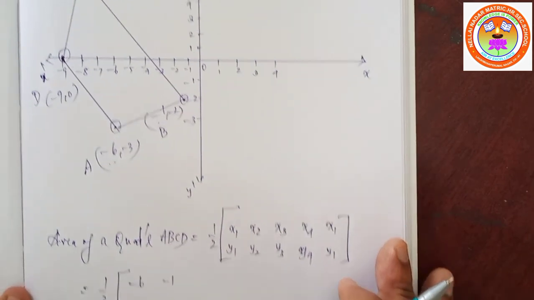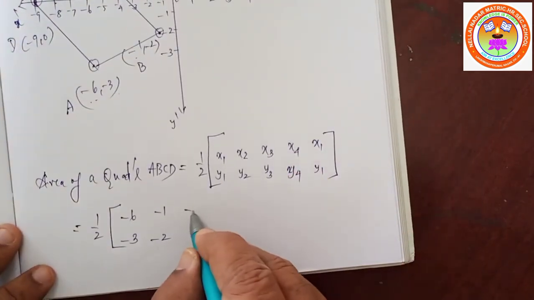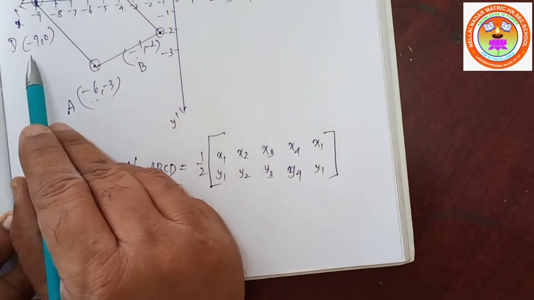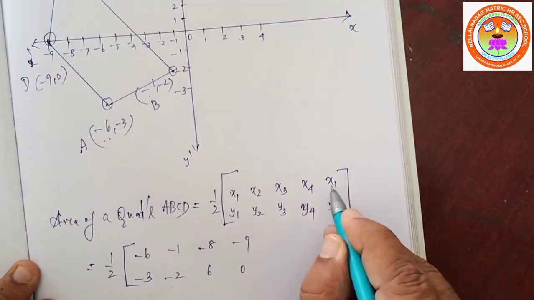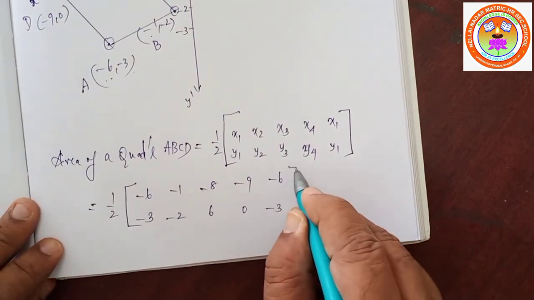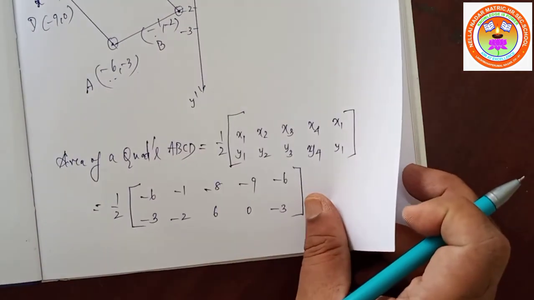x3 y3 from C, that is minus 8 comma 6. x4 y4 from D, that is minus 9 comma 0. Finally x1 y1. What is x1 y1? Minus 6 minus 3. Now half into